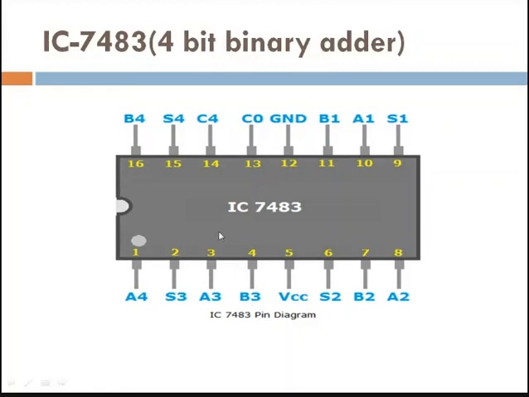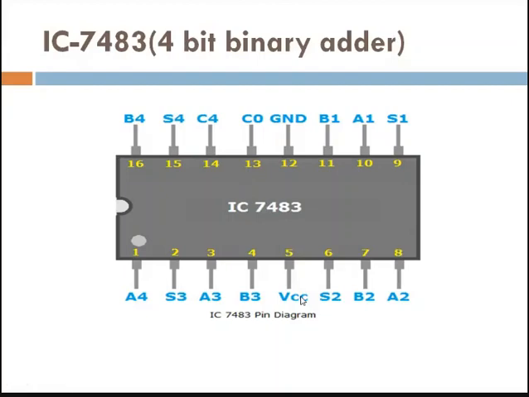Now we are talking about the 16 pins. Out of 16 pins, 12 pins are used for input and output. For any IC we require the ground and VCC, so two pins are considered for the ground and VCC. In this particular IC, the ground pin is pin number 12 and the VCC pin is pin 5. We can't modify the pin configuration.